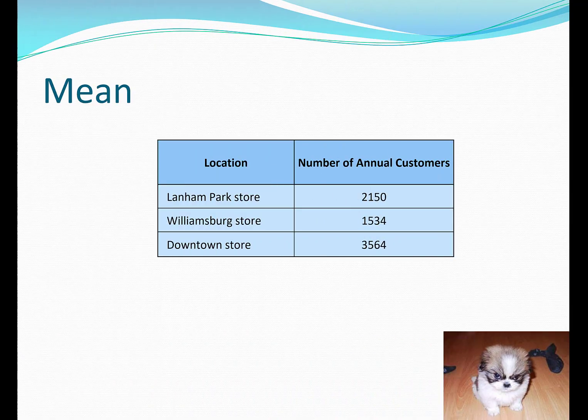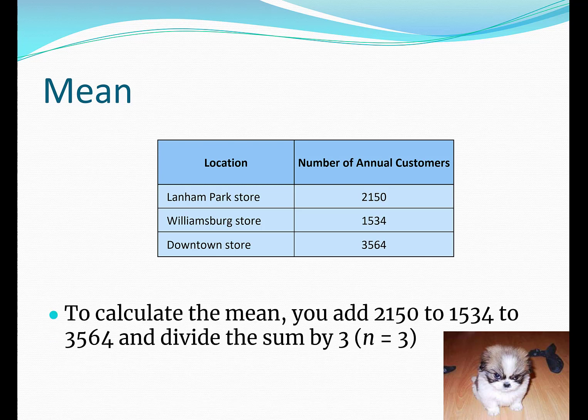So for example, if you were a store owner and you had 3 different locations here, the downtown store, the Williamsburg store, and the Lanham Park store, and then you see your number of annual customers, and maybe you want to get an average for all 3 stores. How would you do this? Well, first you would add up 2150 plus 1534 plus 3564, and then divide by 3, right? Because how many cases do you have? 3. So you take all 3 of these numbers, you divide it by 3, and your answer should be, I'll wait for those who are working along with me,